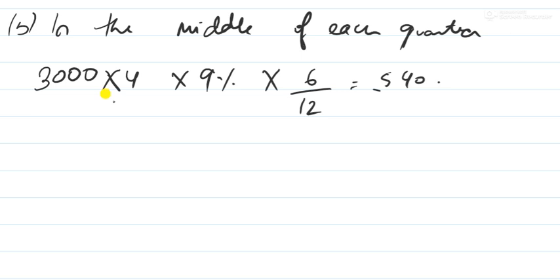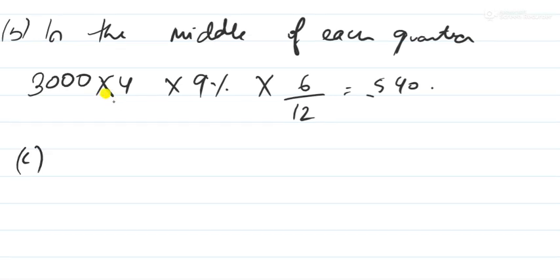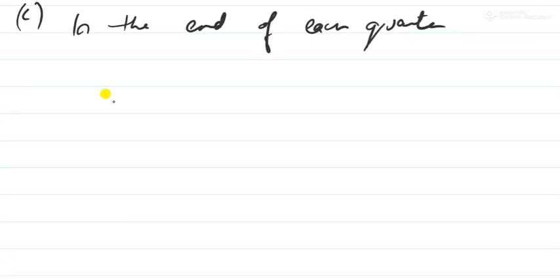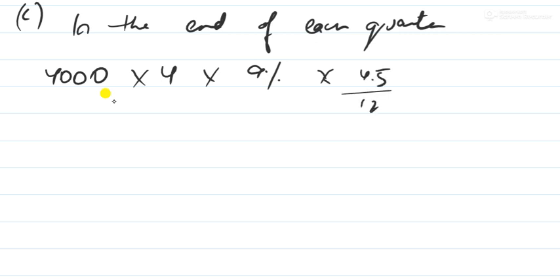Last case, in the end of each quarter. So she has withdrawn 4000 each quarter, means 4 quarters into 9% into 4.5 by 12. 4000 into 4 into 9% divided by 12 into 4.5,